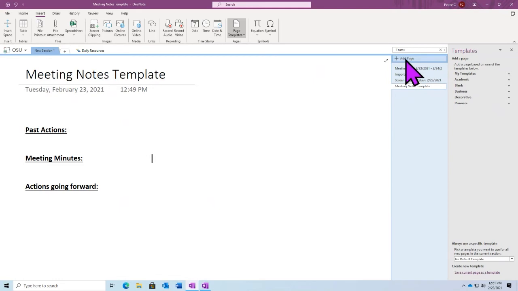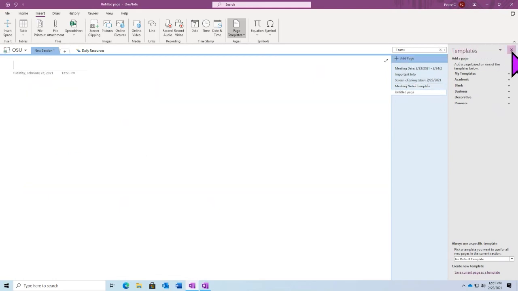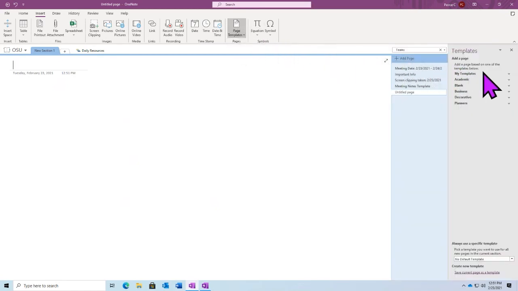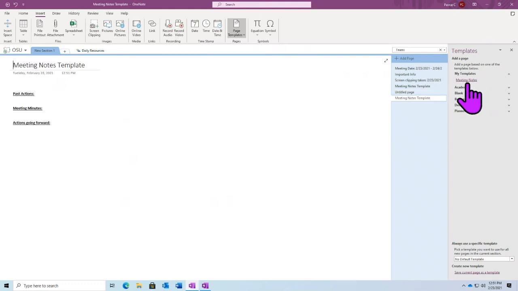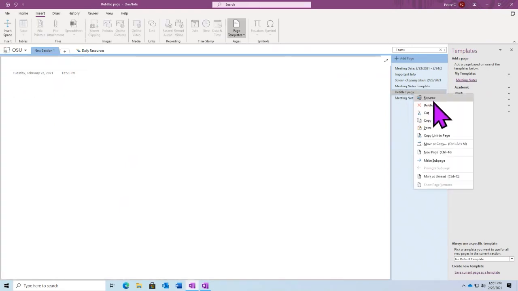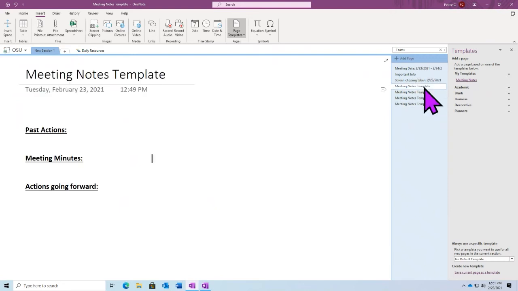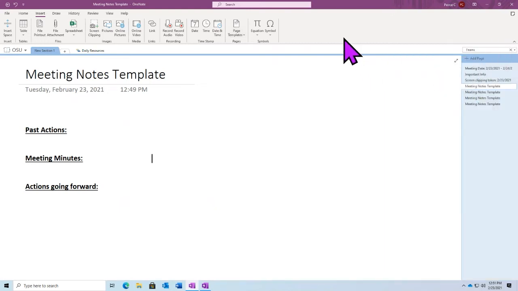And now if we were to create a new page and we wanted to put that template in place, we could go to our page templates option, go to My Templates, and then select Meeting Notes, the template that we created. And that will automatically insert a new page with our meeting template. So we actually don't even need to create a new page in order to use our template. We can simply select it, a new one will be created, and we will be able to go from there. It'll be exactly the same formatting as we had when we first saved our template. So this can save us a lot of time in reusing certain pages or organizing different types of information. So really good questions.